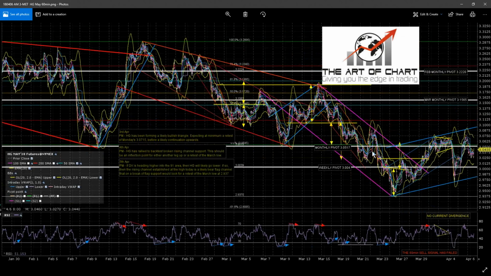Okay, HG, I was talking about this channel last night that has held overnight. We were pretty close to channel resistance. We've come back below the monthly pivot. The obvious read here is if DX is going higher, then this is a bear flag. We're going to break, and on a break below this flag channel support trend line here, then we're going to retest this low. I think that is the obvious read here, and I think DX has at least some more upside. I'll be looking at that when I get to the DX chart.